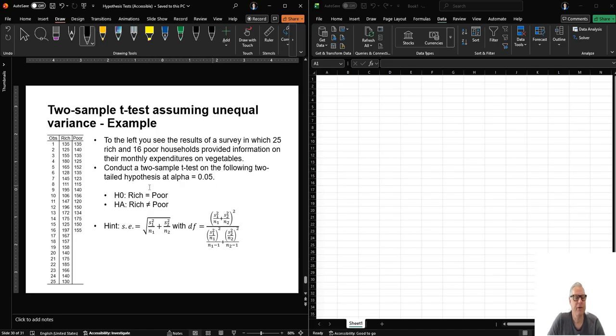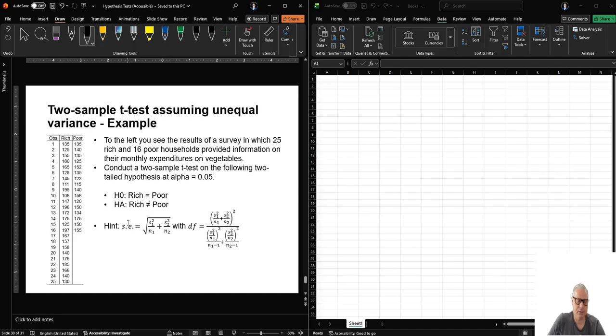So we have again two groups. One group is maybe considered rich and the other one is poor. We have 25 rich and 16 poor households, and they provided information on their monthly expenditures on vegetables. So now the question is: conduct a two-sample t-test on the following two-tailed hypothesis, again at an alpha of 0.05. Conceptually, again, there's really nothing new, except for the fact that this time the standard error